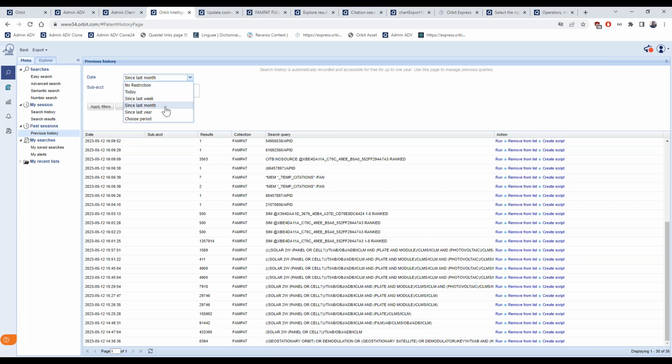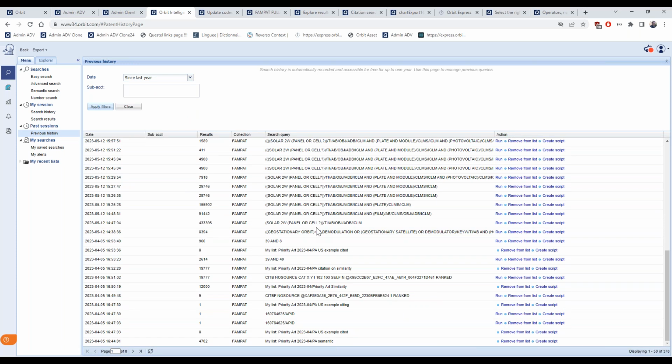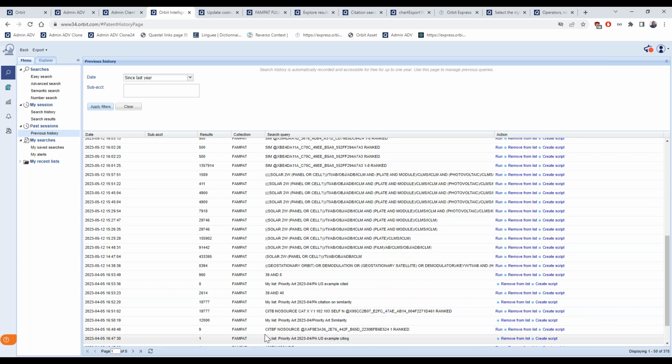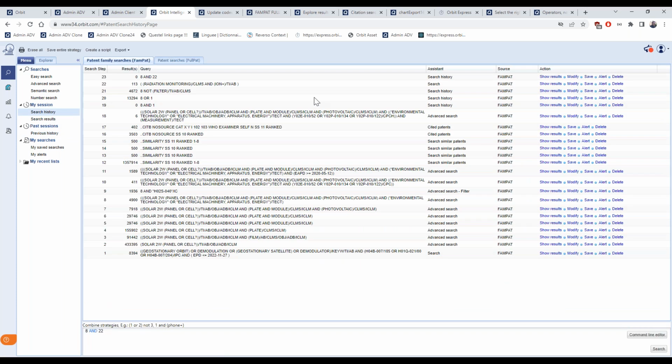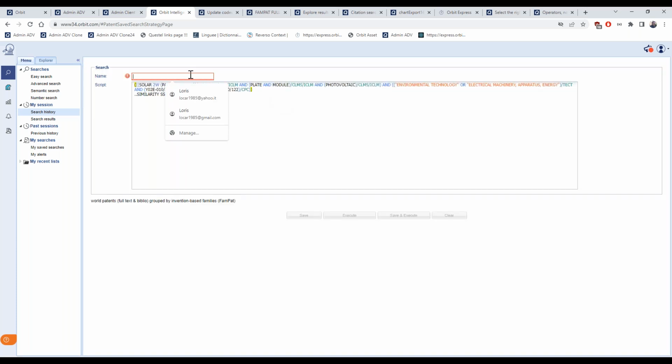So let me check. Even if you try, for example, this citation search to run, the system will not find results, or maybe non-relevant results, because it was an algorithm made live. So what we suggest is, during your session, to save these results. For example, a similarity search, save, and put citation search, and so on.